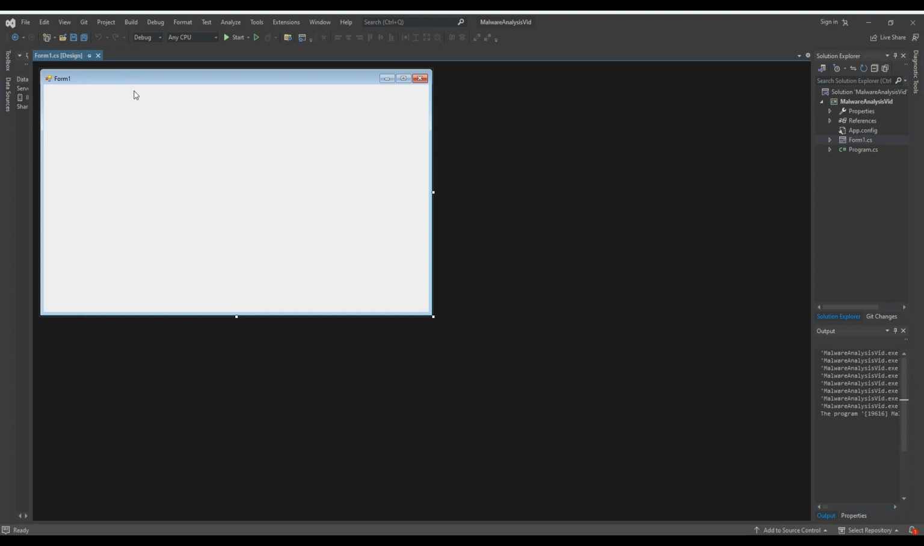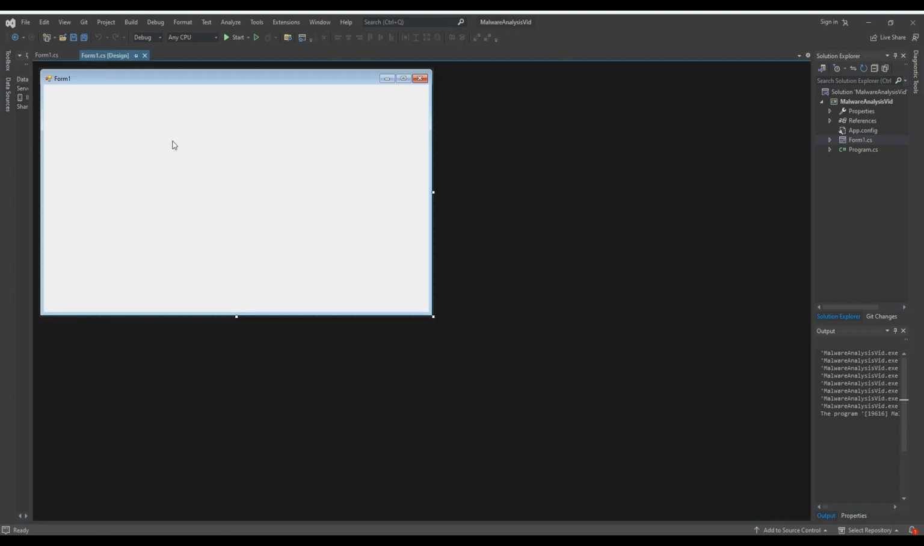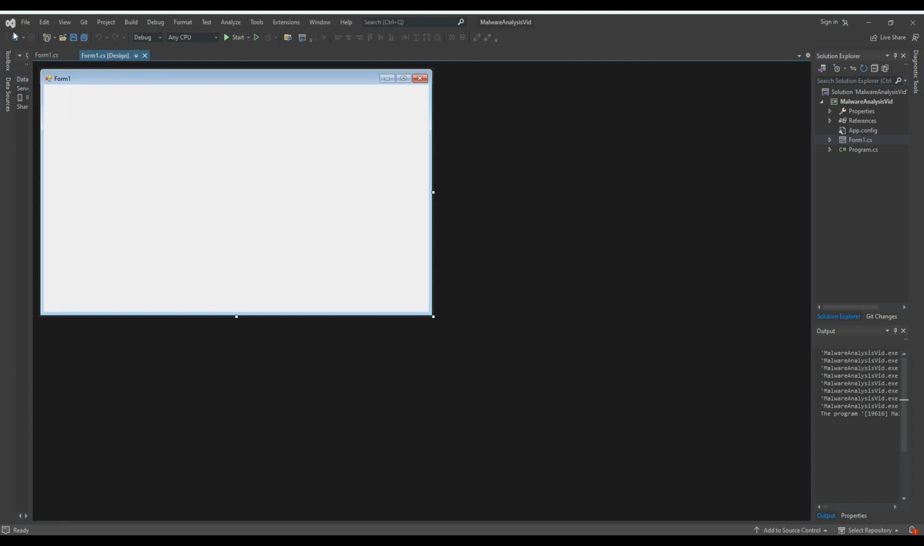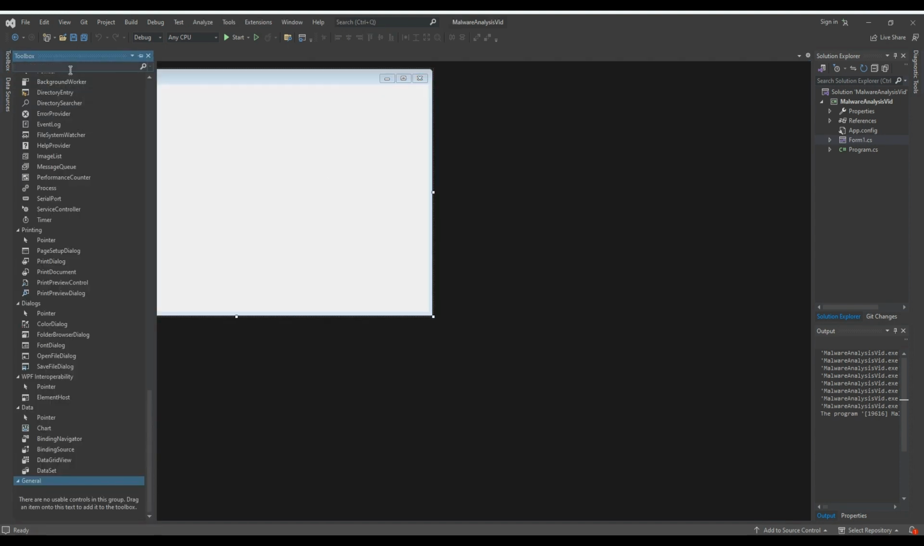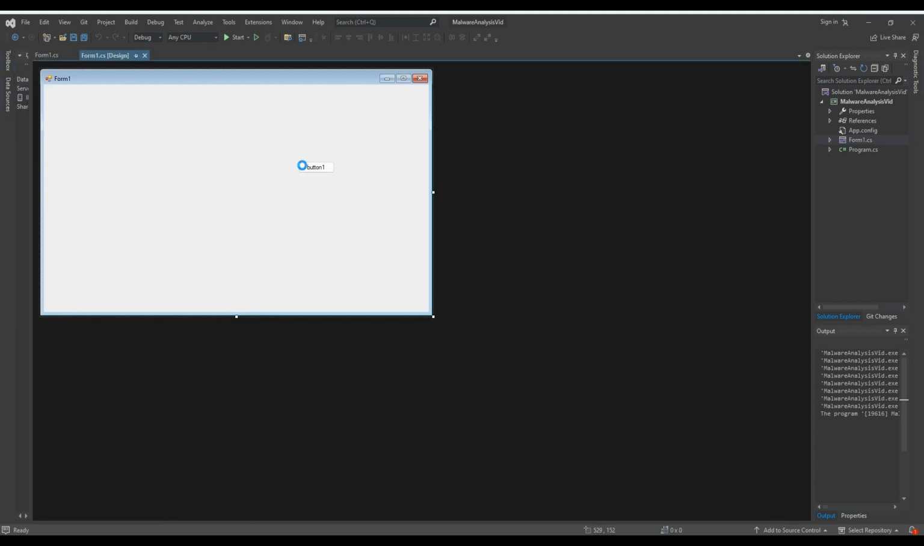So when you load in, you want to right click on your form1.cs and click view code. And here, this is where you're going to be able to manipulate your form. So go into your design, and if you ever close it by accident, you can just right click in here and click view designer. Go to toolbox and we're going to look for button. Drag and drop that into your form,